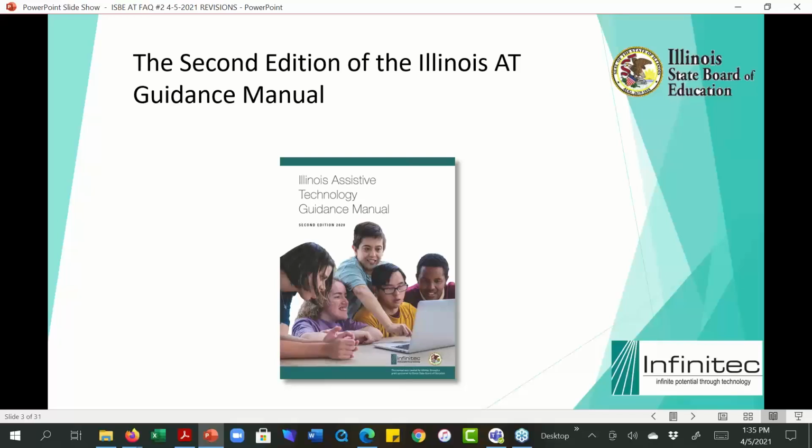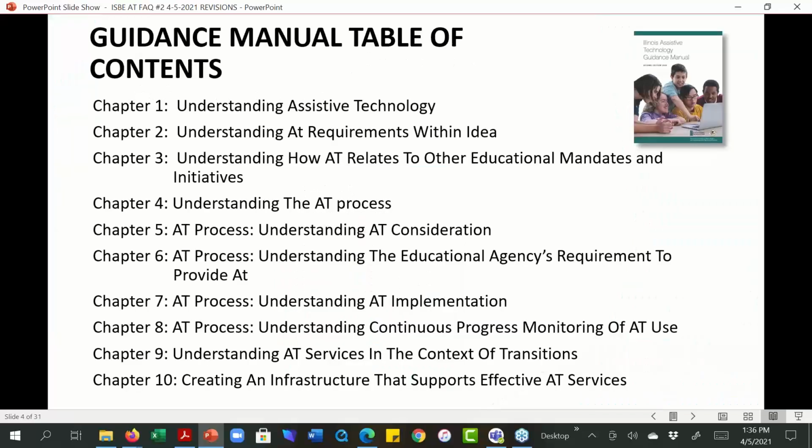And it came from a different group of people, but in 2018, Brian Wojcik was contracted with Infinitec to help develop a second edition of the manual. And when Brian moved to a different state to take a position at the university, Infinitec contacted me and said, would I become the author on this manual and finish up some of the work? So that's how I got involved. I should probably tell you I'm coming to you as an independent consultant from Oregon.